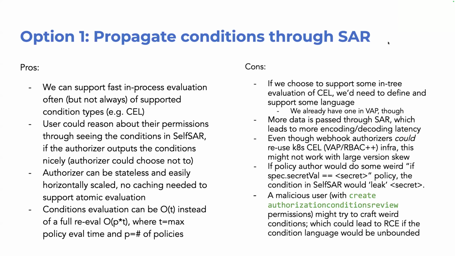Yeah, and this then kind of would also work if we want to do the read path. If we build something like this out, then most likely it would. Basically, what I did in the POC already is I copy pasted the VAP thing, right? And this could pretty much keep doing that. So we wouldn't necessarily have to have even separate CEL environments between VAP and this. I think it could be the same.